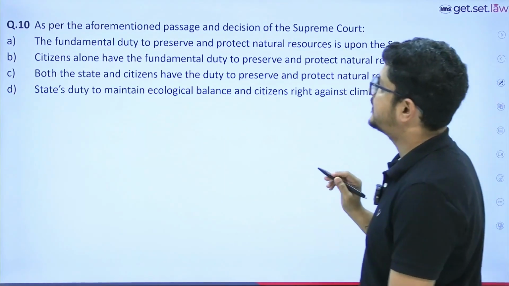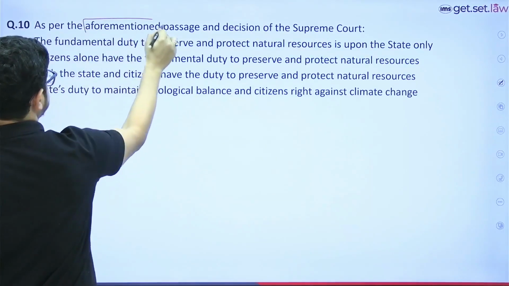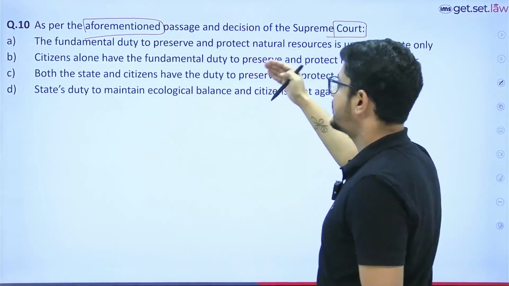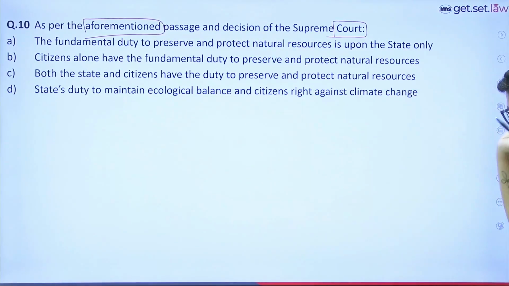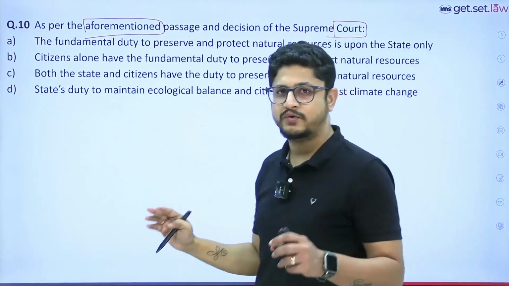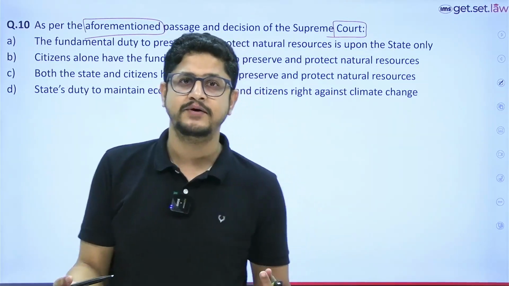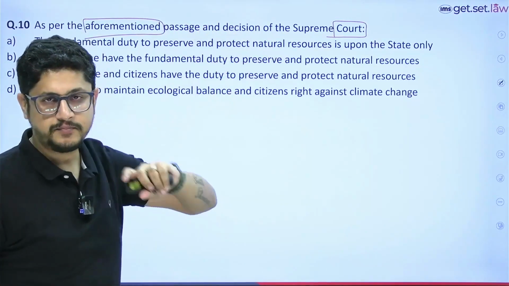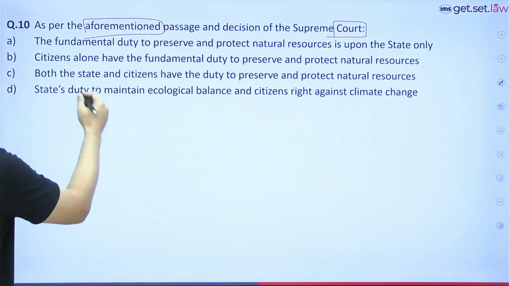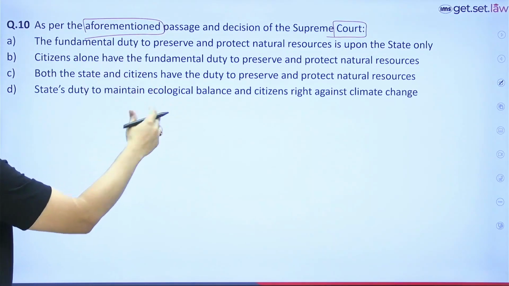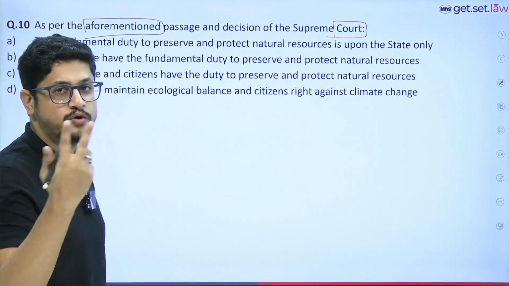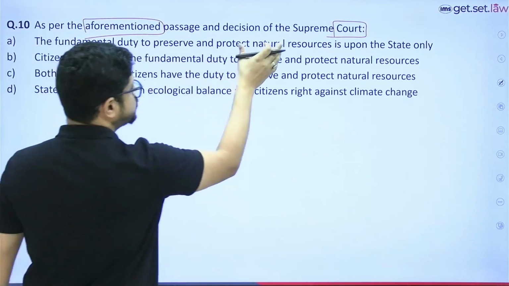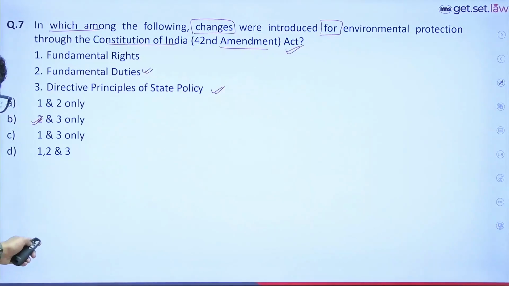Next we move towards, it says as per the aforementioned paragraph and decision of the Supreme Court, you need to decide which statement makes it a point. And this particular question was a question which raised a debate among the inference part. Why? Because what you are understanding from the paragraph, let's understand. Maybe the reason that you will go with any one of the options, could only one option be the answer or both the options, but we don't have such a thing. Let's understand. First says कि Supreme Court का decision किसके around है. So let's again revisit the paragraph.